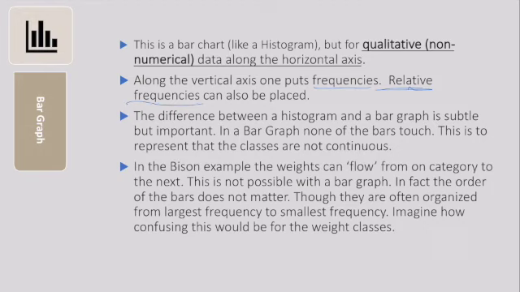And that's to represent that the classes are not continuous, right? Like if we were graphing the number of M&Ms in a bag, we wouldn't want red touching blue. We have to show that the number of red M&Ms is different than the number of blue M&Ms, is different than the number of green M&Ms. Okay? So, in our bison example, the weights flowed from one category to the next, but that doesn't happen with